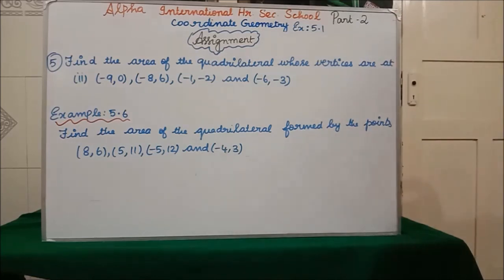Afterwards you are going to write area is equal to 1 by 2, that column minus 9 comma 0, minus 8 comma 6, minus 1 comma minus 2, like that you are going to write, do the cross multiplication, simplify and find the value of the area of the quadrilateral finally. Clear? Students, you don't draw the graph in rough work. Don't draw freehand. Clear? If you do, I will make you write your classwork as well as your homework one more time. You are going to draw your graph with neat presentation. Even in test and exam, you are going to draw a fully neat graph. Only then will you get full marks, otherwise no marks.